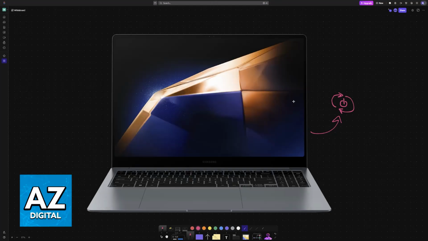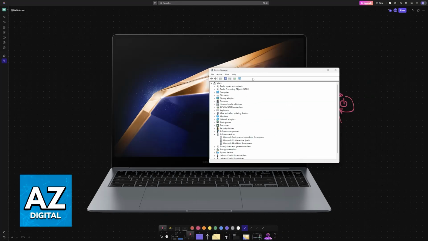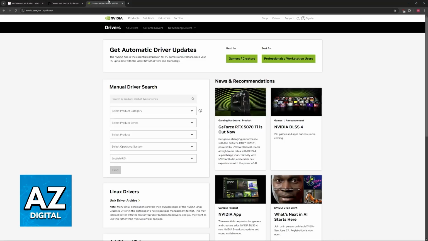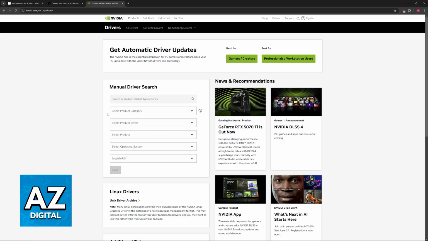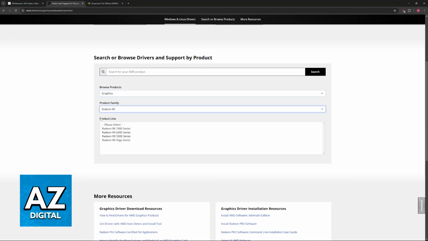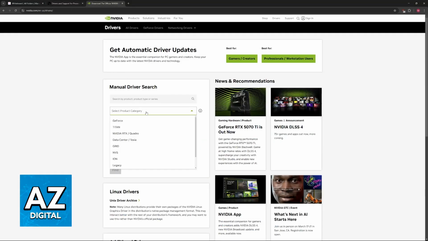With this out of the way, the next thing to do is to update any sort of video drivers that you have. You can visit the official Samsung website and do it from there, or alternatively, right-click the Windows icon, go to Device Manager, and inside of Device Manager, under Display Adapters, you will find your specific graphics card. So it is usually going to be from NVIDIA or AMD. Afterwards, you can visit amd.com/drivers or nvidia.com/drivers. And in here, you can look for your specific GPU drivers. So for example, Radeon RX 7000 series, and then just choose it from here. Usually you will have an M chip, assuming that you are using a laptop.